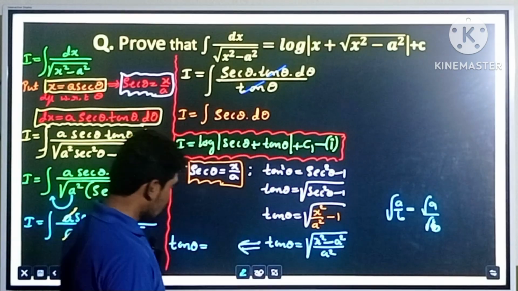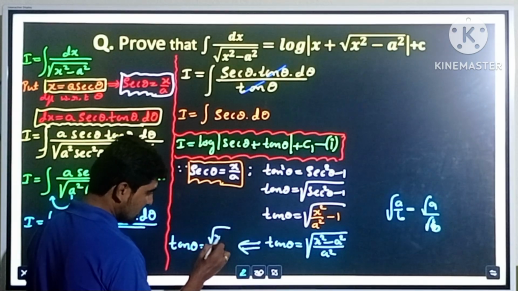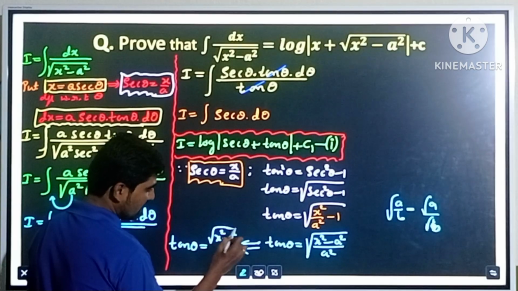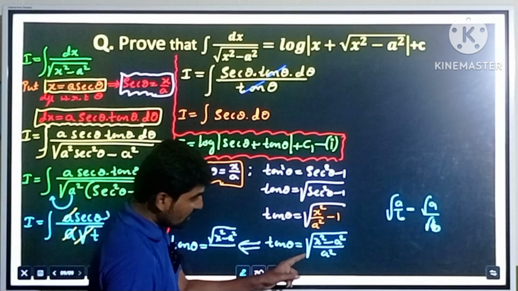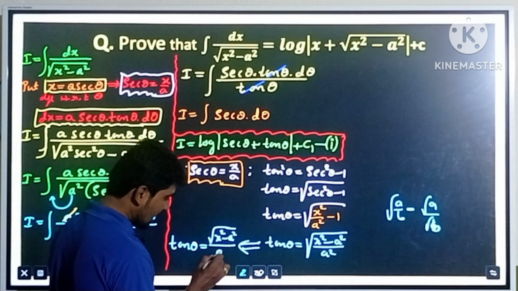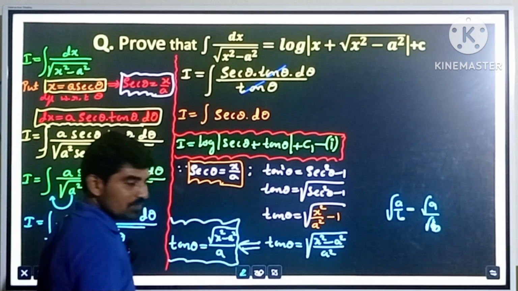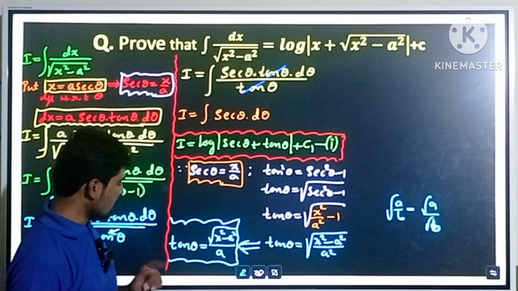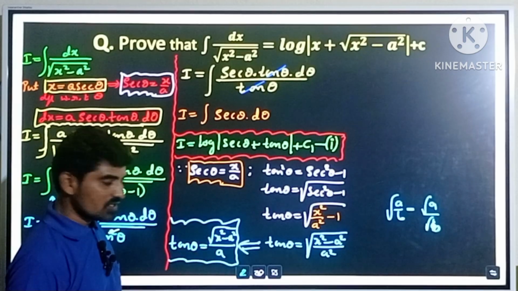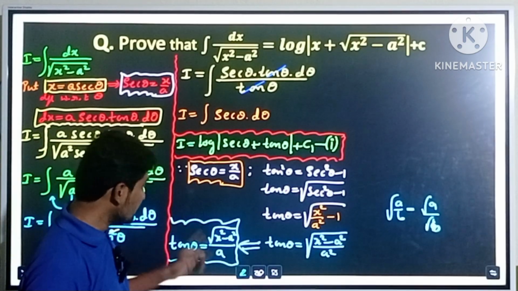So therefore, square root of x square minus a square as it is, divided by square root of a square, which is a. So finally we got the value of tan theta. Secant theta is x by a, tan theta is root x square minus a square divided by a. Therefore by using these,